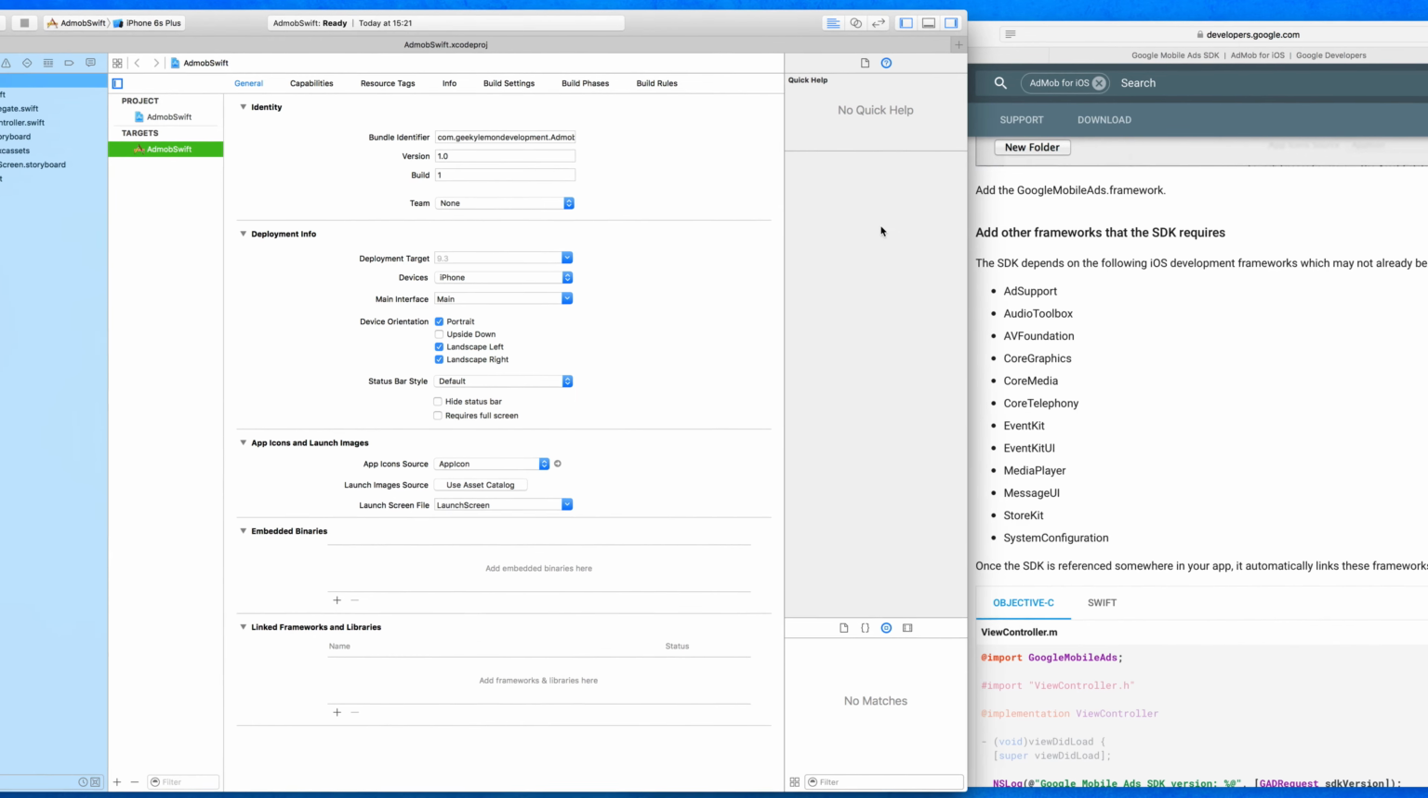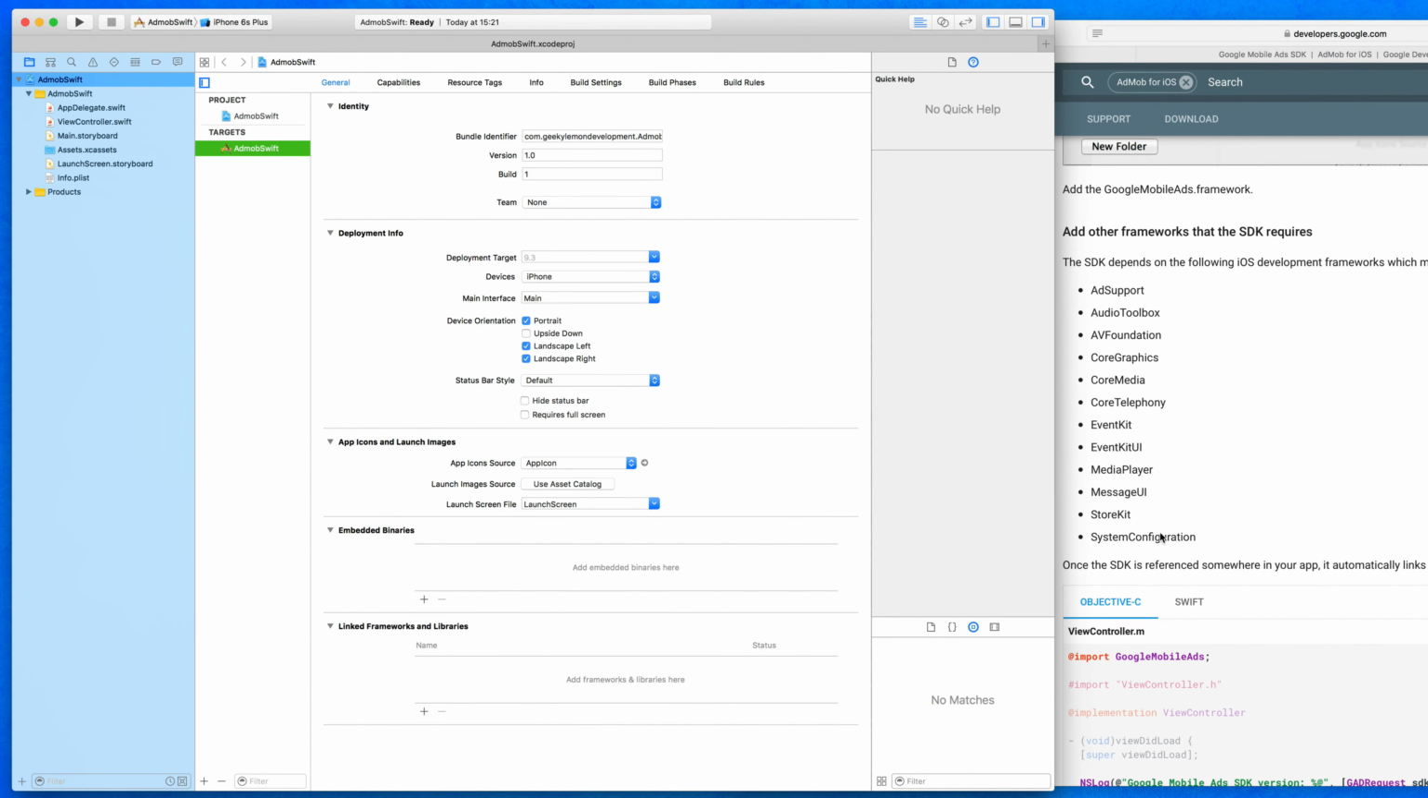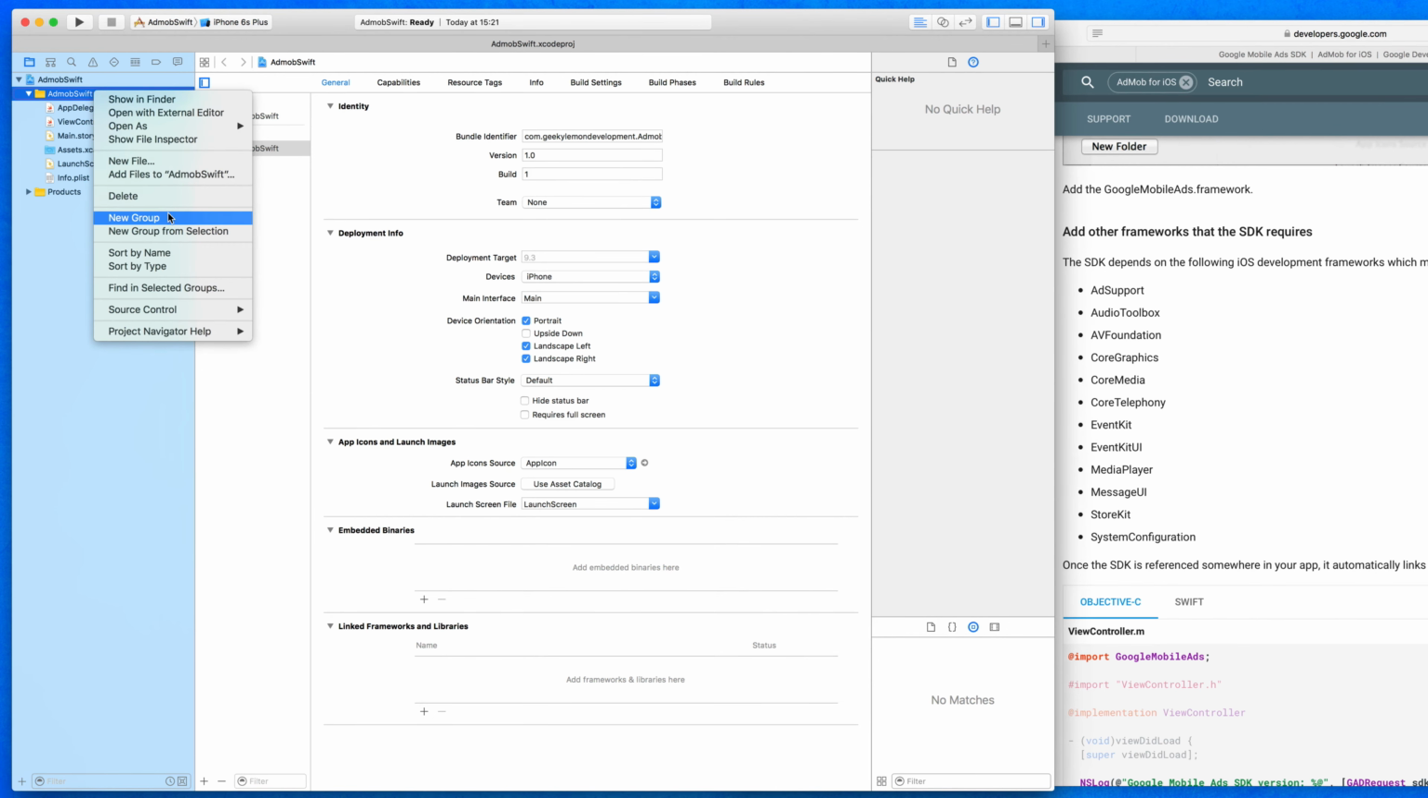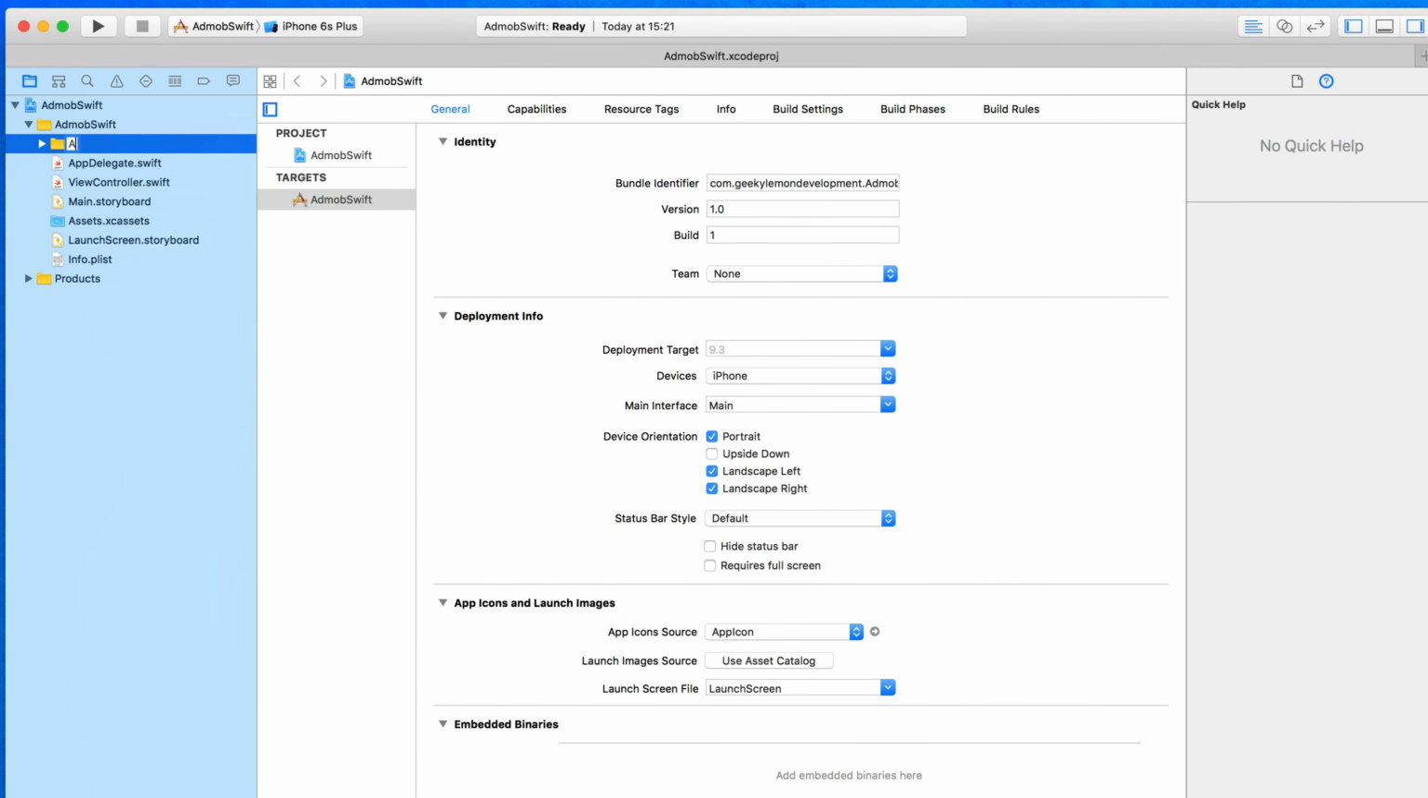So what we're going to do then is add in all these frameworks, and we're going to add in the Google AdMob framework that we just downloaded. So first, we're going to click on our project at the top here. I'm going to right click and go to New Group. Now I'm adding a new group and I'm going to call it AdMob. And the reason I'm adding a new group here is so when we now place in